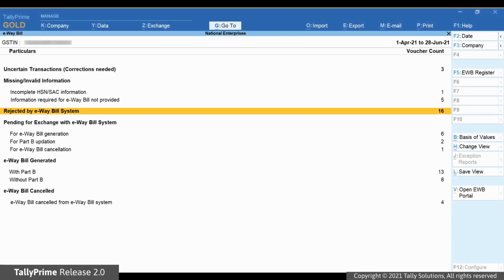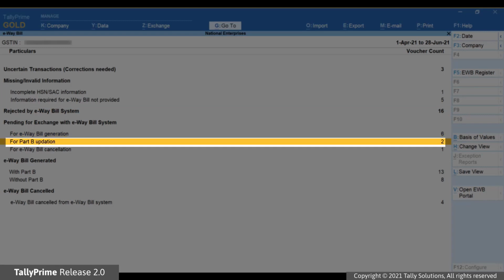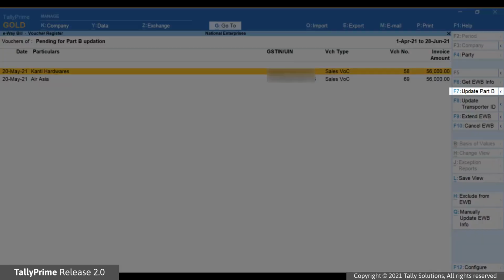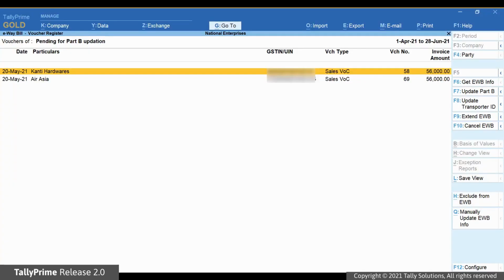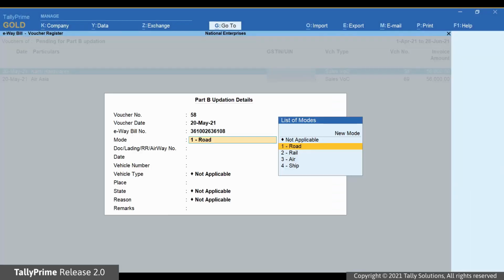Such transactions will be in for Part B updation under Pending for Exchange with the e-way bill system. Drill down on the section and use the Update Part B button. Select the transaction for which you want to update Part B. Now, click Update Part B or press F7.